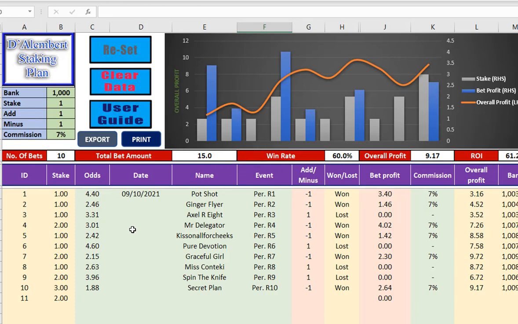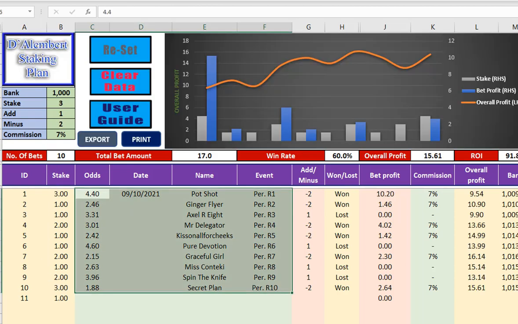Okay, so let's start at the very beginning. This is the original stake. If you're going to do even money, say place betting or casino, you can use this on the casino, wherever. If you want to use even money, that's the sort of staking you would use. You'd start with 1, you'd add 1 if you had a loss, and minus 1 after a winner. So that is, as I said, the staking plan.